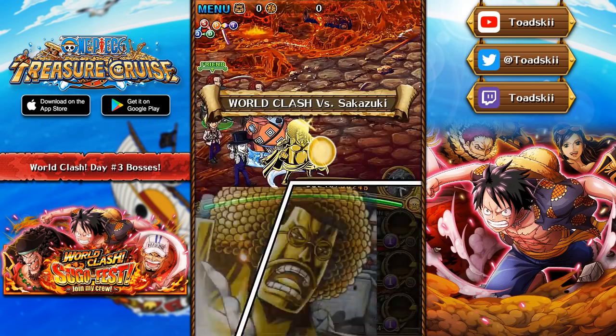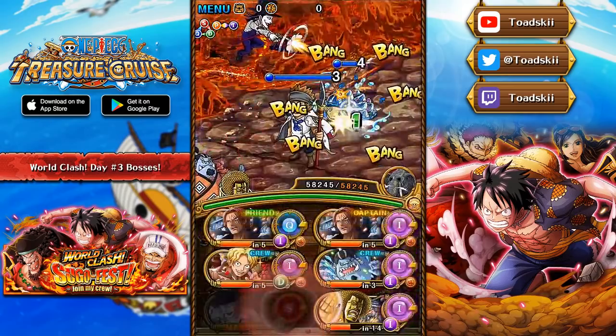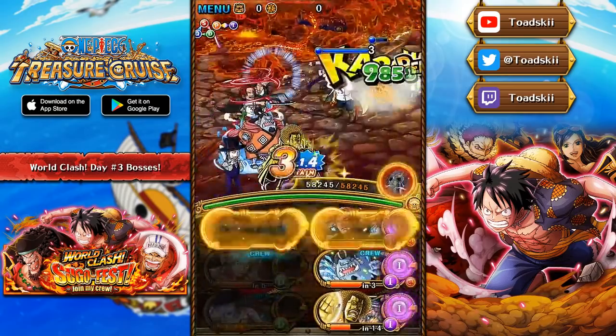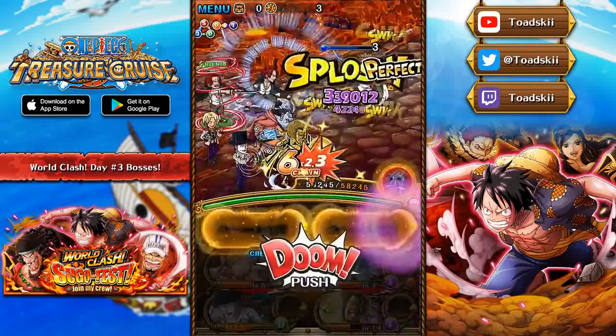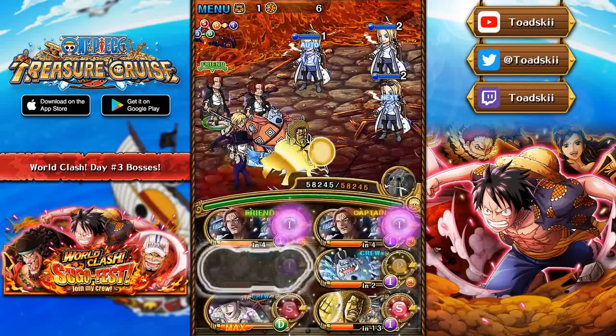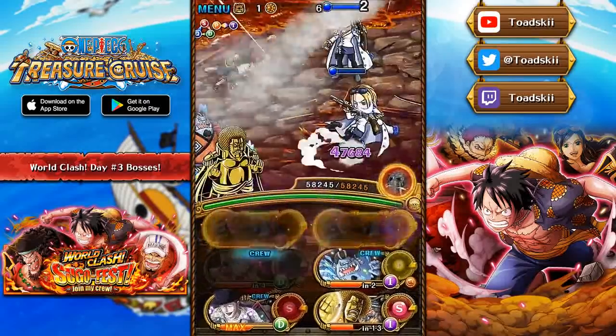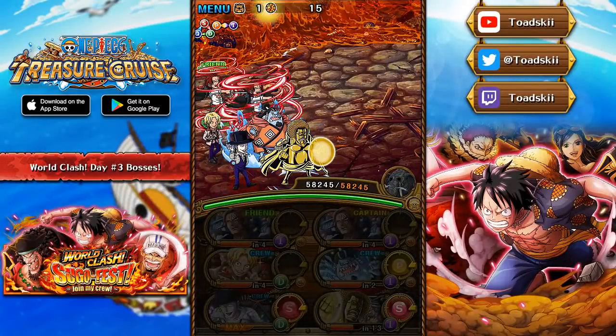Now, in my personal opinion, and a lot of people's opinions, this is going to be the most difficult of all of the World Clash bosses, being the Akainu dungeon. Stage 3 Akainu only has 190,000 HP, so less than 200k, but he has a mass amount of defense, and he also lowers the attack of strength, dex, and quick characters by 25% for 5 turns,